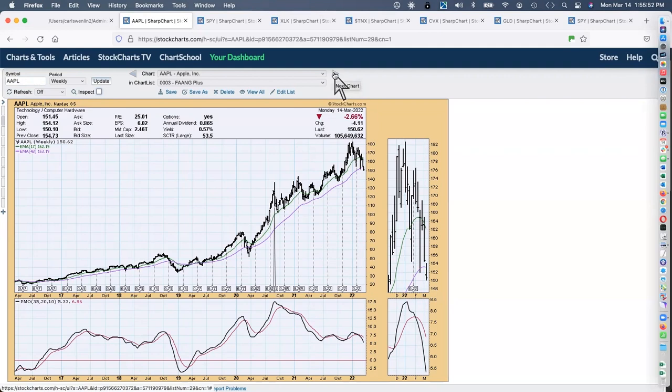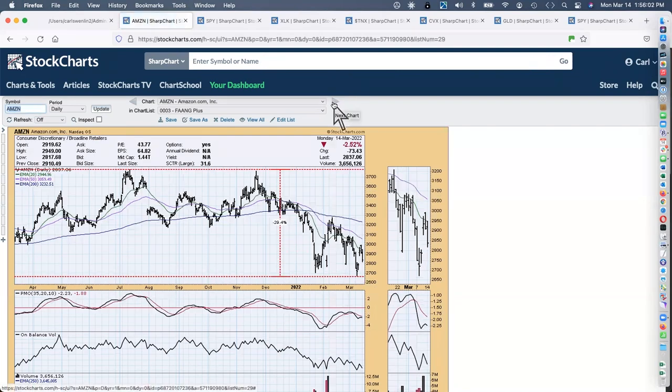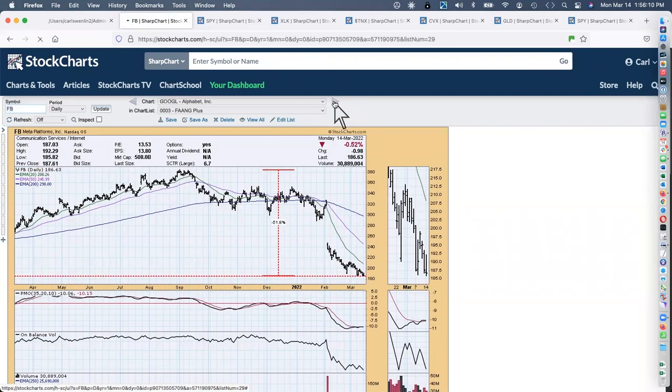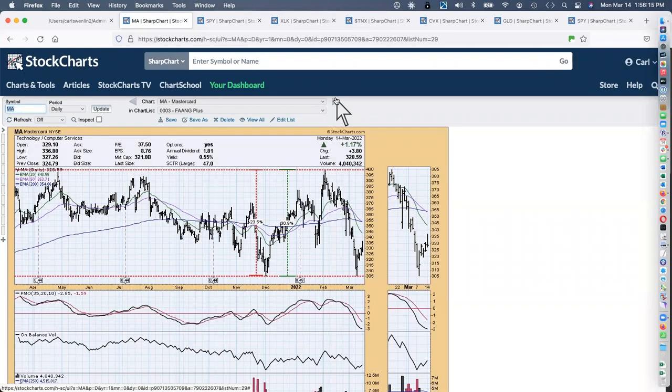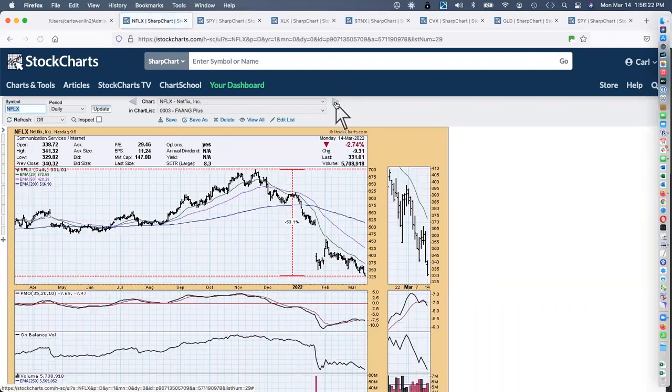in terms of the market in general, the economy. Adobe, it's in a bear market now. Amazon is in a bear market. Meta Platforms, it's in a bear market. MasterCard, bear market. Microsoft, bear market. Netflix,